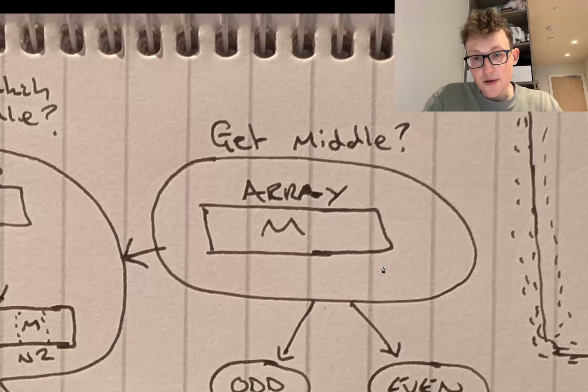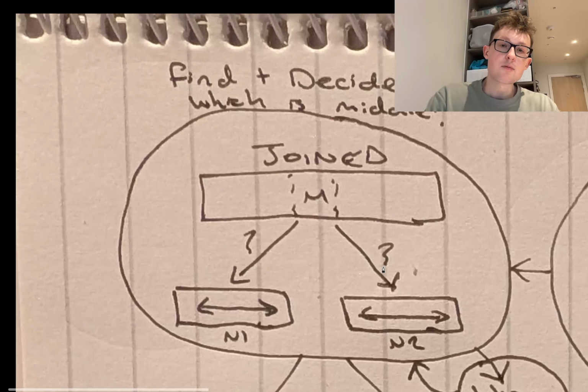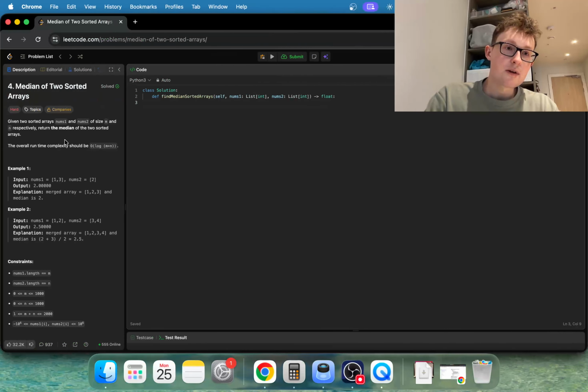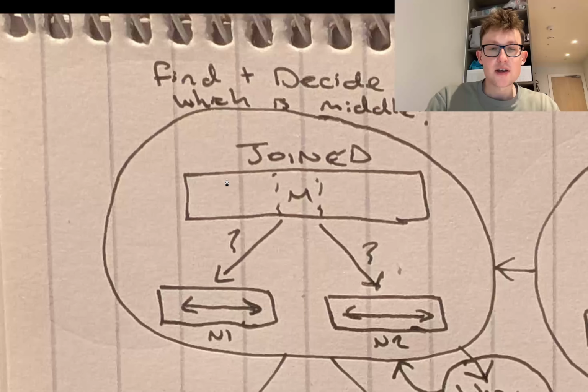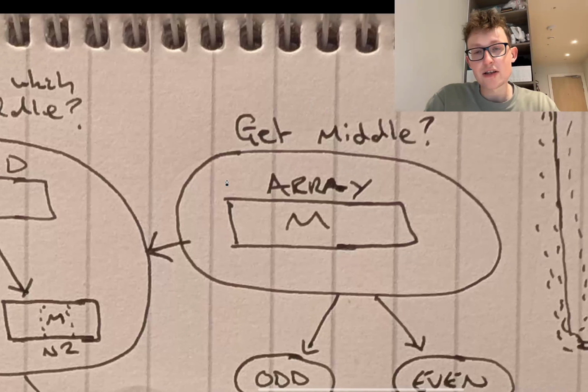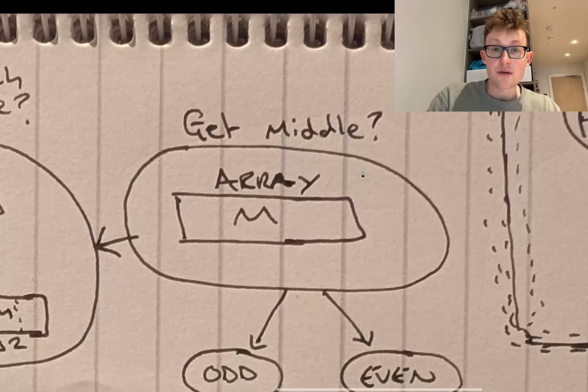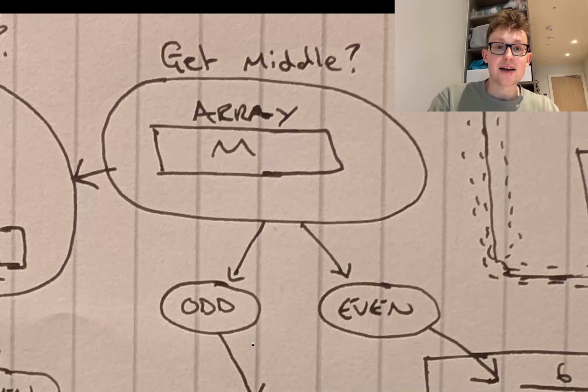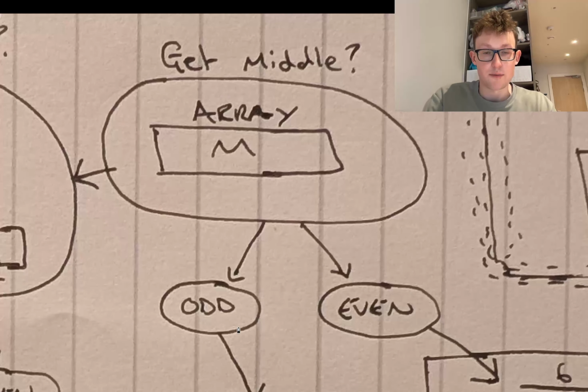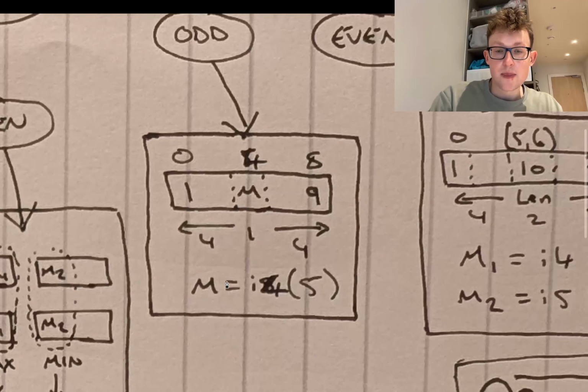To get the middle is 2 problems. So you're up here, you're on Leetcode thinking, oh my god, how do you do this? It's because you haven't even internalized or set out how to even get the middle of a single array. Because even that has 2 different cases that you have to solve and remember. We can split this basic problem into 2 other problems. So now we have 3 problems just for the simplest bit at the very beginning. How do we get the middle of an odd array? Okay. How do we do that?